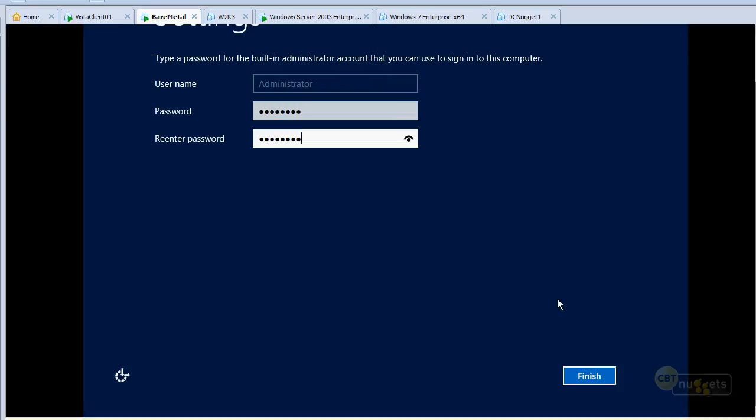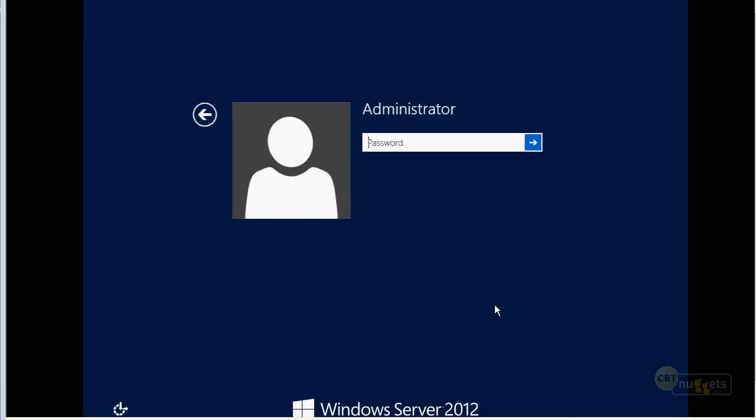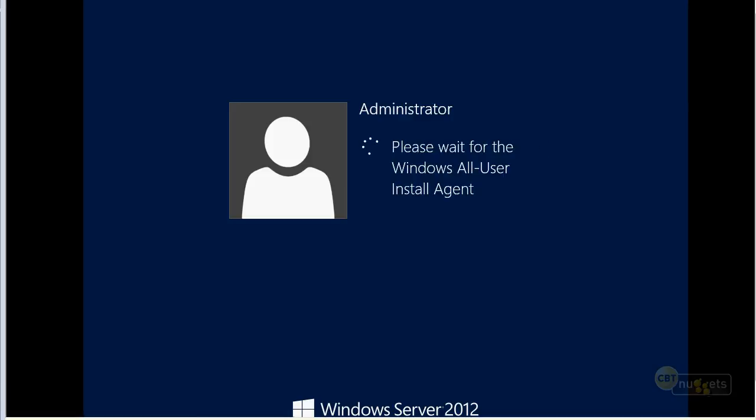So I'm going to go ahead and click on Finish down here, kind of running out of room in terms of my screen size. Let me expand this up a little bit. Maybe that'll help. And then we have our operating system installed. Next, of course, I can then log in with that password that I just typed in and confirmed, and then it will give me a desktop.